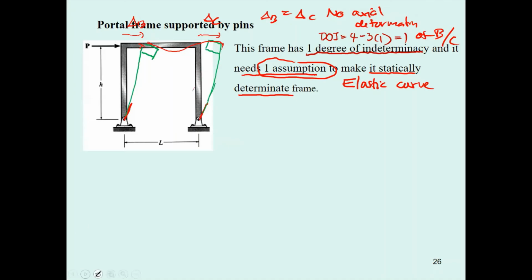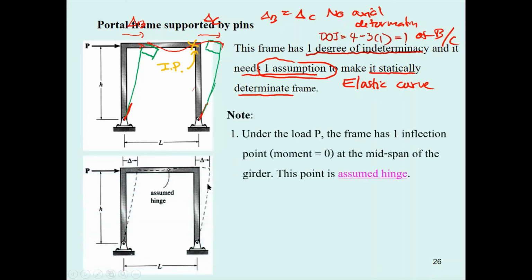That means the structure is going to have one inflection point at this point, approximately half of the length of the girder. Now we assume that for the elastic curve, under the load P, the frame has the inflection point at the midspan of the girder, and we assume this one to be